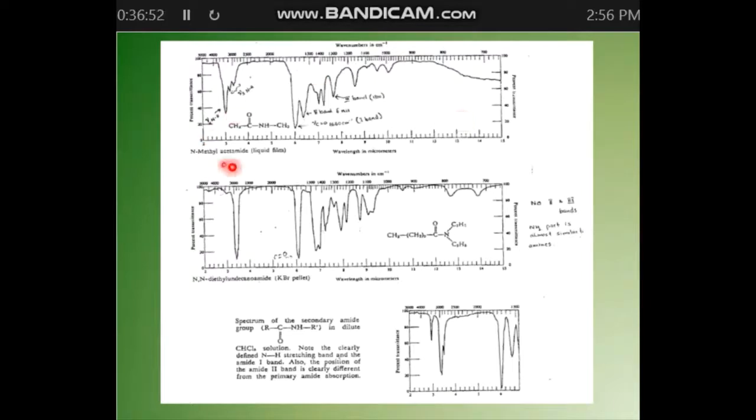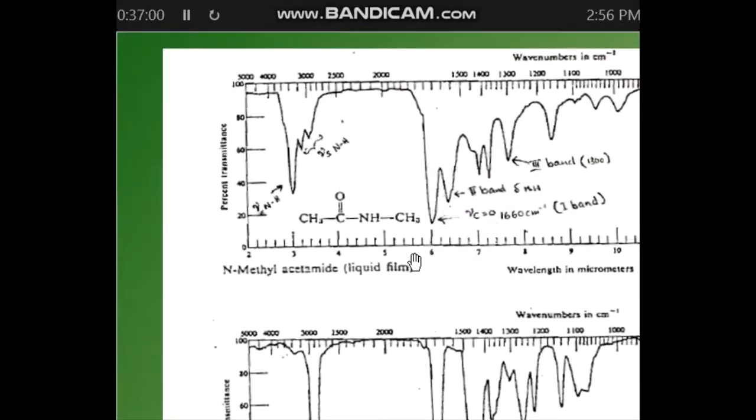This is an example for amides. Here we have an amide molecule. So we have a split for NH. So we see the NH frequency around 3200, and also along with the carbonyl